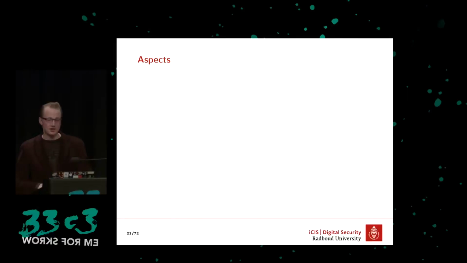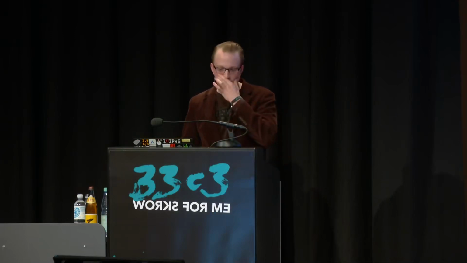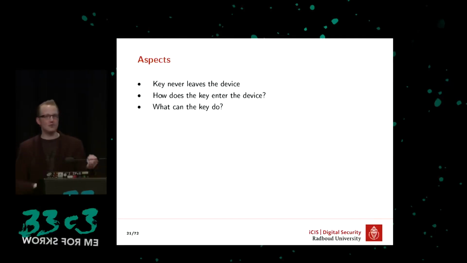So the aspect of these things is the key never leaves the device, ideally. But then how does the key enter the device? You can enter new keys. You can enter key encrypting keys to decrypt keys that you never see, etc. Then another hardware security module exports. It's all interesting crypto, but you also get the problem of what can the key do? Are you limited to 1024-bit RSA? And is it possible to emulate all this once you have the key? Right? We really want to have other aspects to our function.